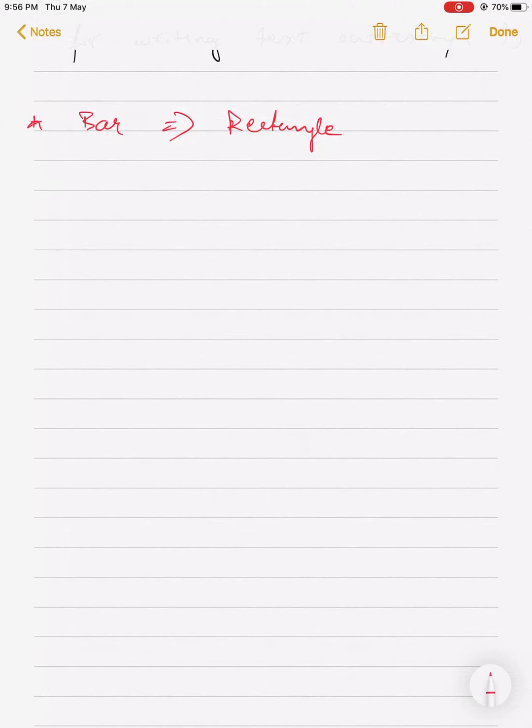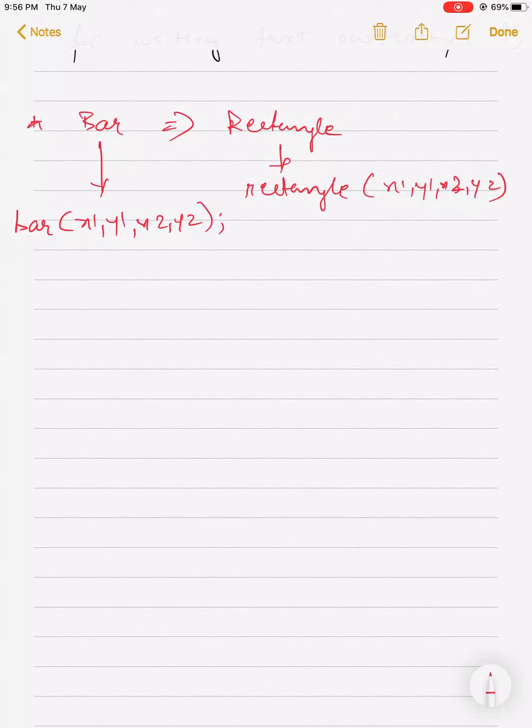See, in rectangle we were using rectangle x1 y1 x2 y2. Similarly, in bar graph you will be using bar x1 y1 x2 y2. This is just a difference, nothing else.